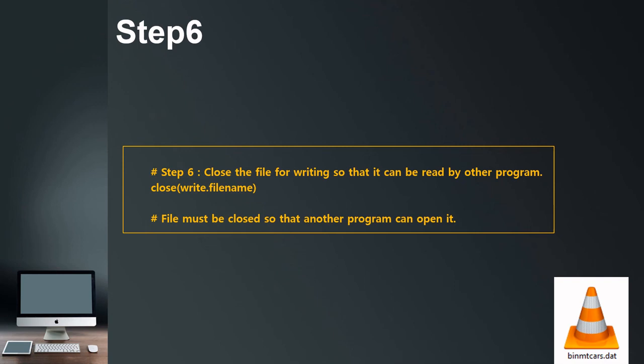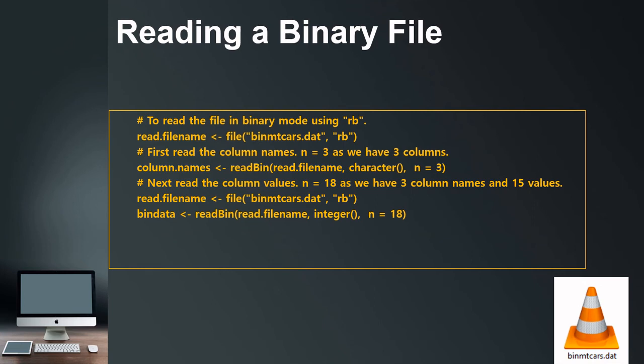So this was the writing of the file. Now further, I'm going to discuss reading a binary file. There are 2 parts. One will be file reading, another will be printing from the data. To read the binary file, RB is used. R is for read and B for binary file.